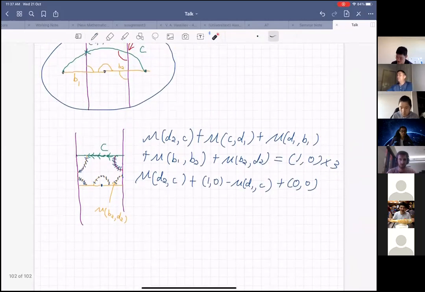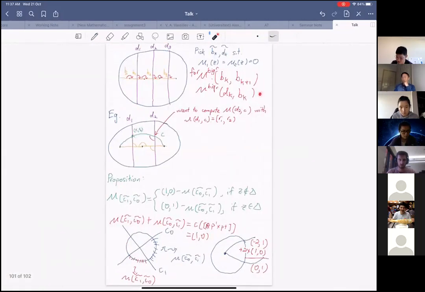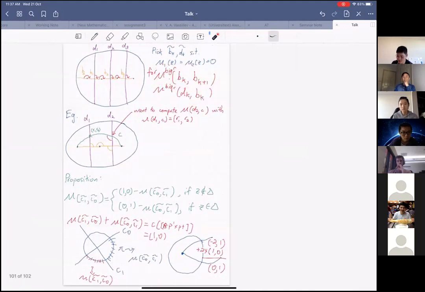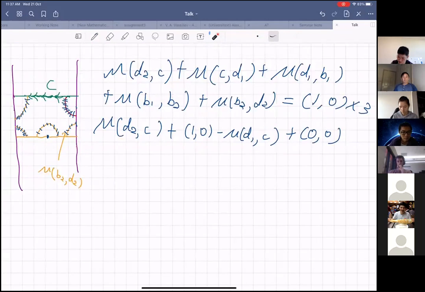And then B1, B2, I know. Okay, because this is how I pick my leaf. This one, I pick them to be 0. So both of them 0, 0, 0, 0, and then plus B2, D2, do I know? I don't know. What I know is